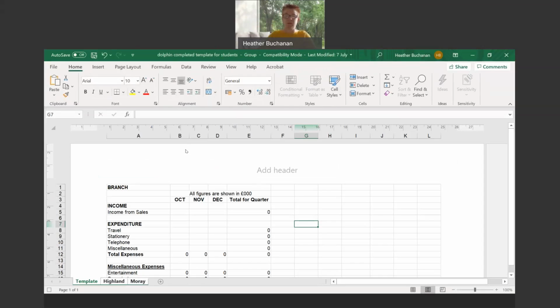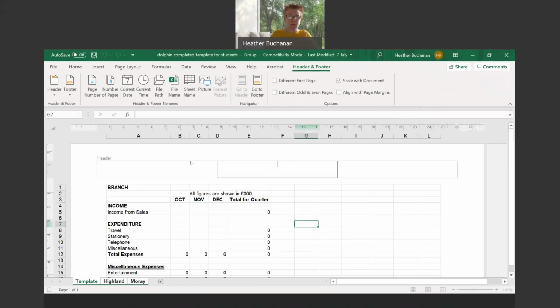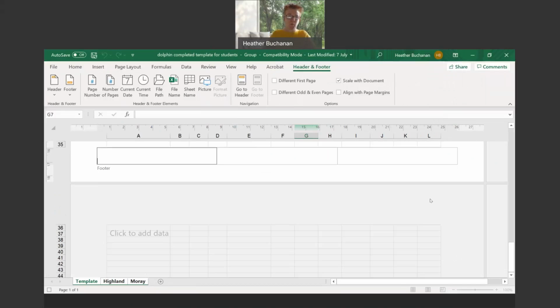And when you actually run it, it goes so fast that you wouldn't know that you had mistakes within it. Okay, so again, insert, text, header and footer. Okay, so as I say, I'm just going to simply type Dolphin Computers Limited. Okay, I'm going to jump to the footer, and I'm just going to pop in, for instance, we could have the file name, okay, and perhaps